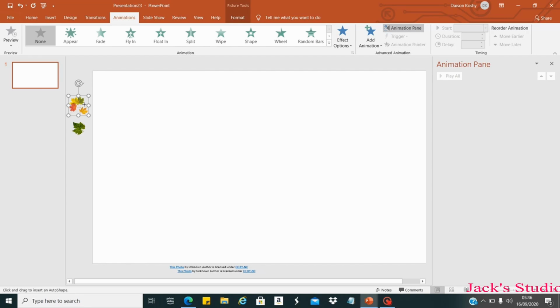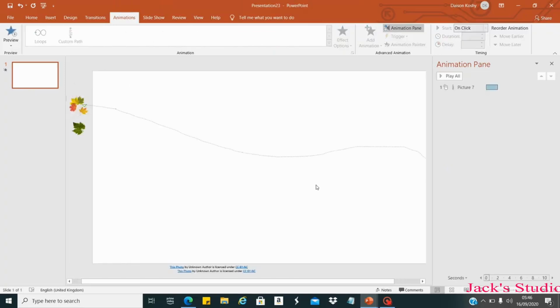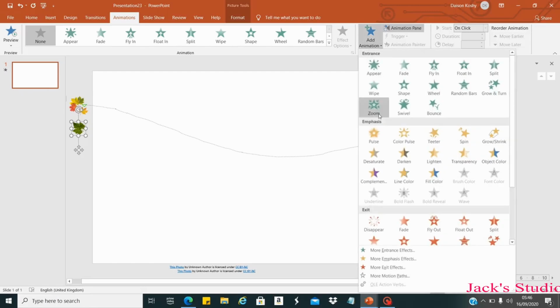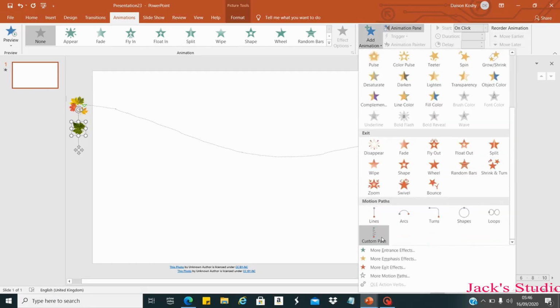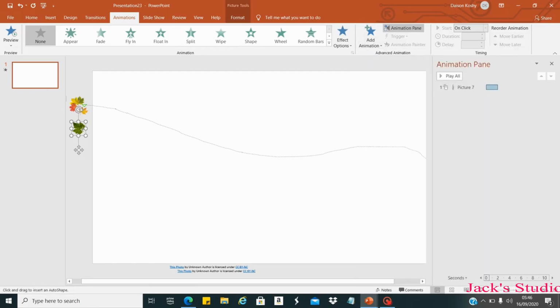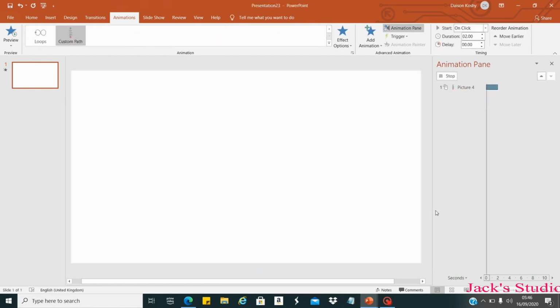Click from the first image to the end of the frame and double click there, so it will finish. Select the second image, add animation, take custom path, drag to the end of the frame.